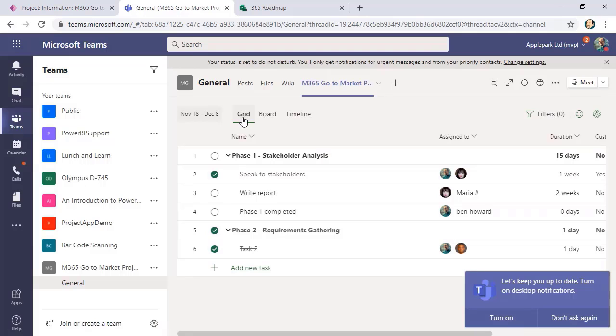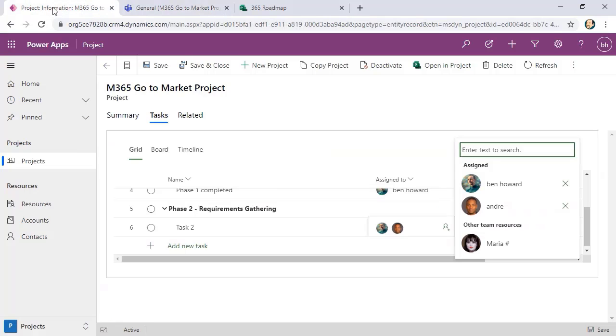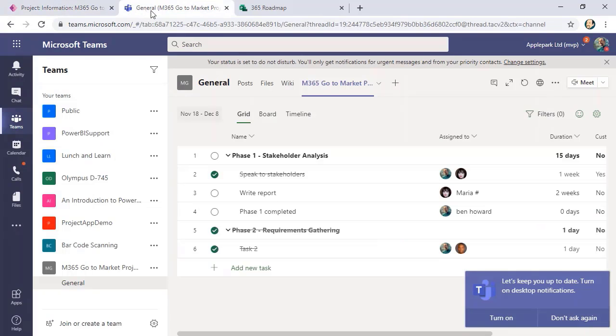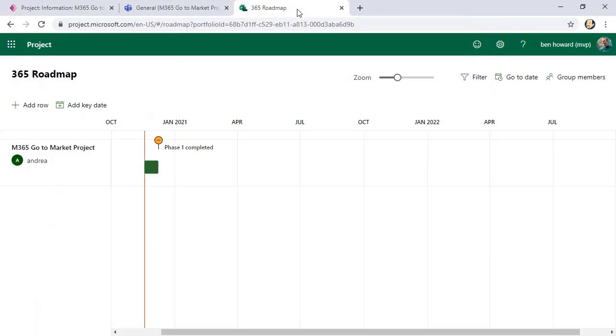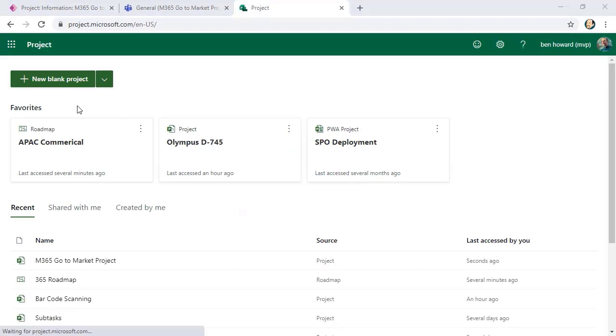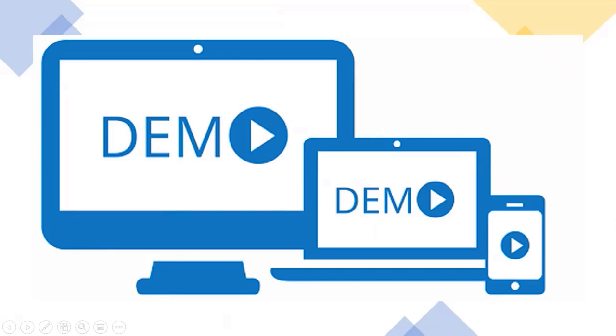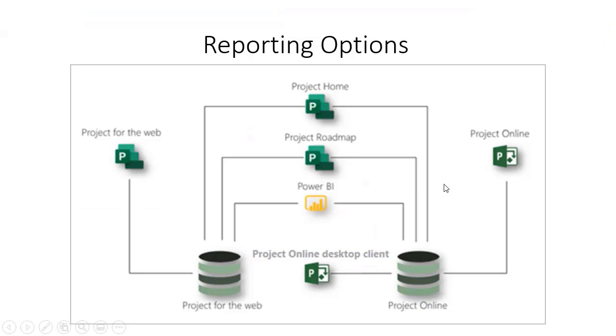Okay, so we've covered off a very little bit to just show you that this is integrated into Power Apps, Teams, 365 Roadmap, and Project for the web as well. So what about reporting? Well, let's come back to this slide here, having done a quick demo there. Our reporting options